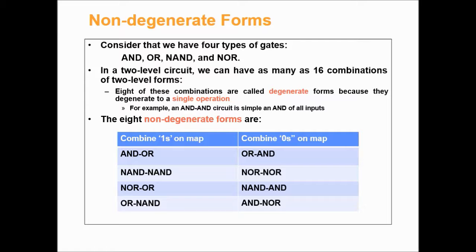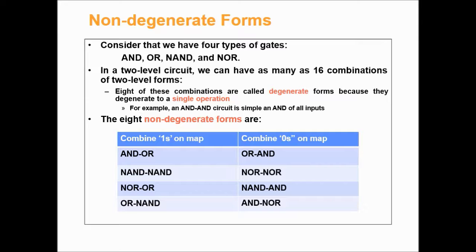This can be seen from a circuit with AND gates in the first level and an AND gate in the second level. The output of the circuit is merely the AND function of all input variables. The remaining eight non-degenerate forms produce an implementation in sum-of-products form or product-of-sums form. The eight non-degenerate forms are as follows: